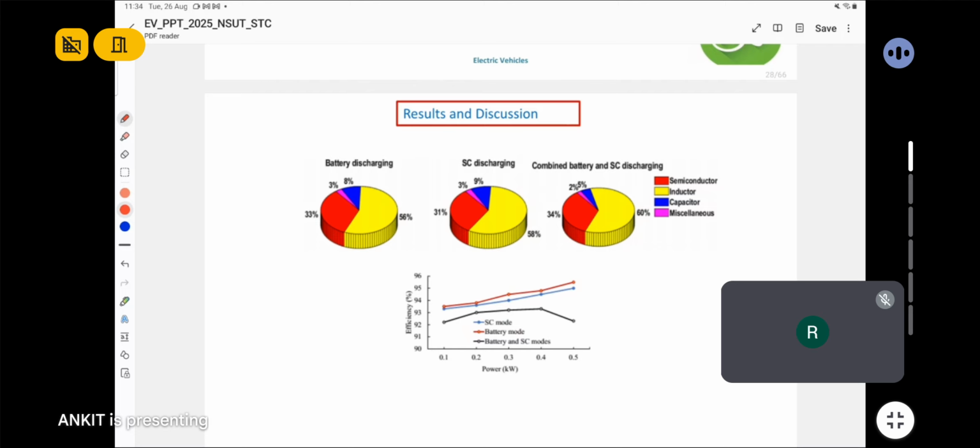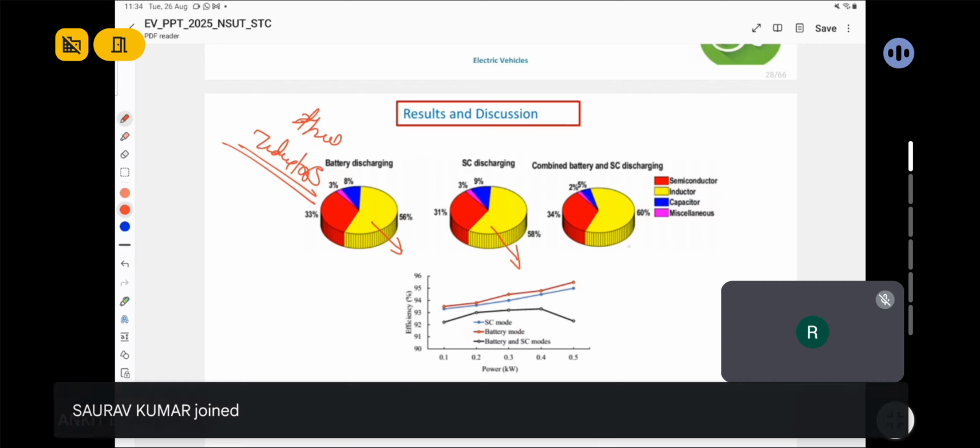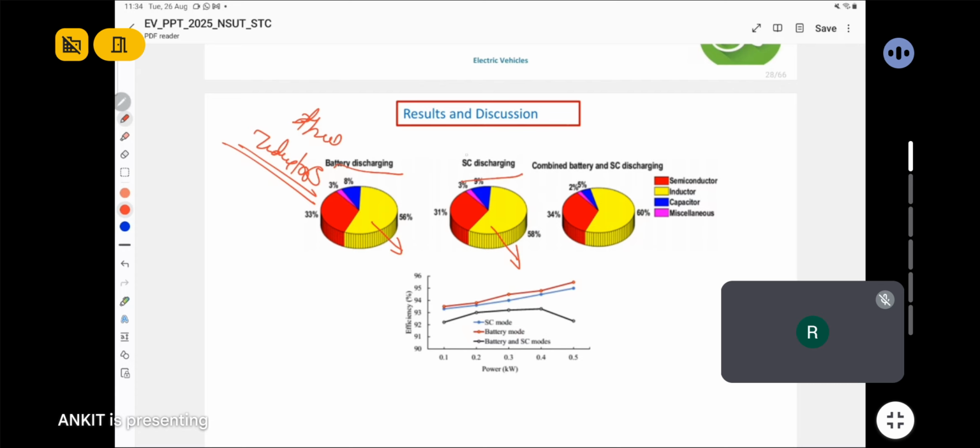So interesting things we can see here. If there are three inductors, the inductor is the highest contributor to the total losses in the different modes of operation: battery discharging, supercapacitor discharging, and combined battery and supercapacitor discharging. Around 56, 58, and 60% of the losses are contributed by the inductor,